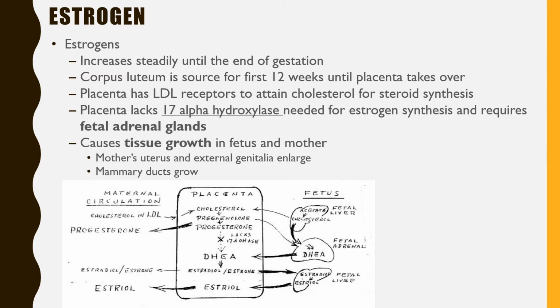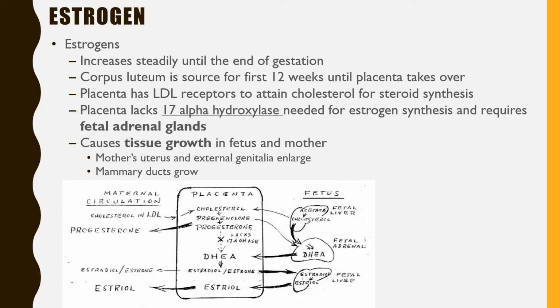Okay, so we're going to talk about estrogen. So I talked a little bit about the function of estrogen already in terms of it increases smooth muscle contractility and motility. We saw that in the fallopian tube. In the endometrial lining of the uterus, it helps to develop those cells and prepare them for implantation. Okay. Now, as we've seen, estrogen increases gradually throughout the entire pregnancy. All right, and so it has multiple roles that it has to fulfill for the developing fetus and for the